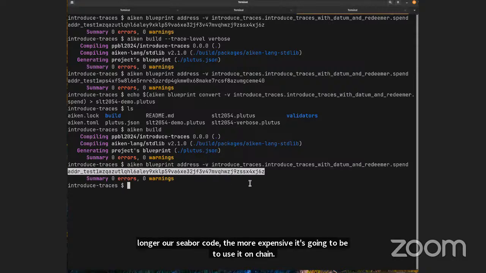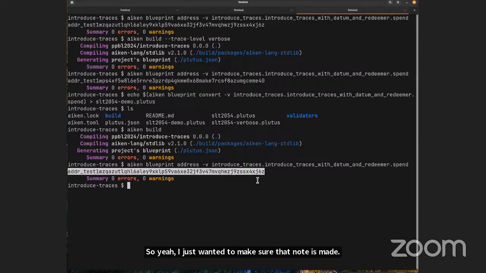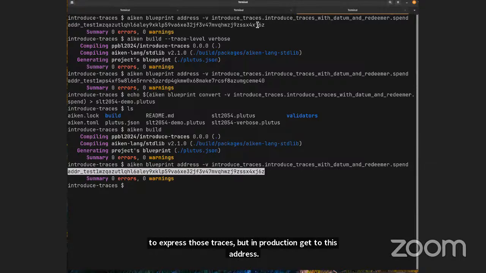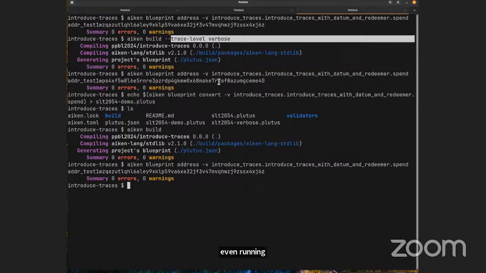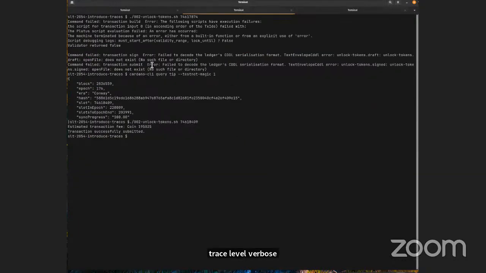So yeah, I just wanted to make sure that note is made. And that's something we can say again and again, right? But I want you to know how to express those traces, but in production, get to this address. Now, the simple fact is, even running trace level verbose and using this address the way I just showed you, even this is unnecessary